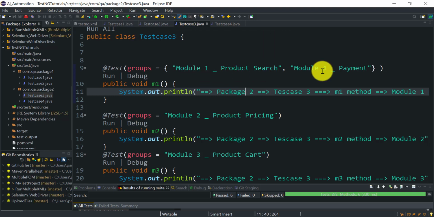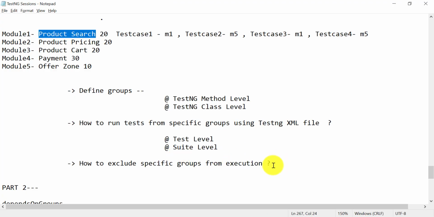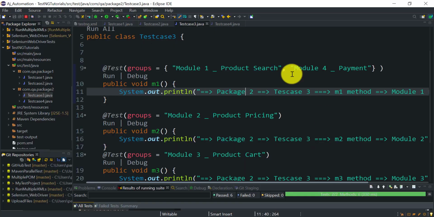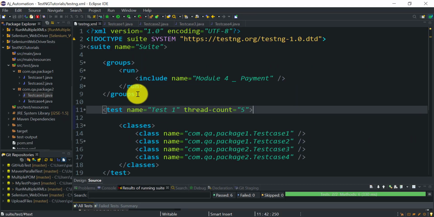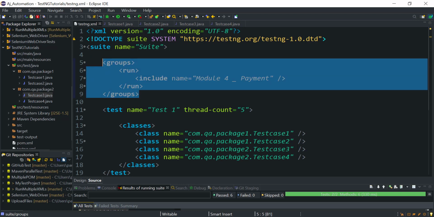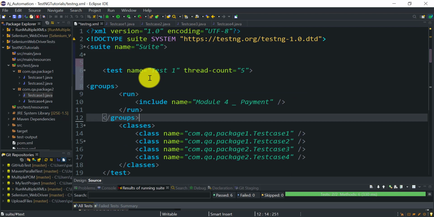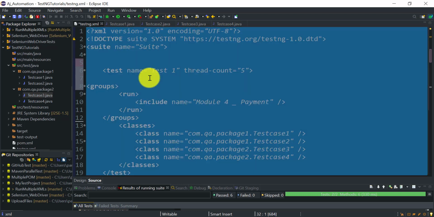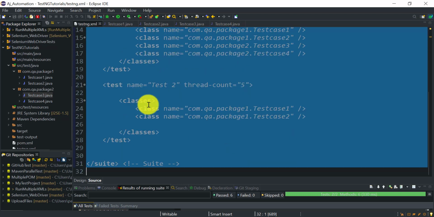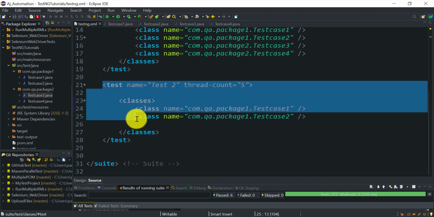and module 4. Okay, so now how we are going to exclude a specific group from the execution. That means if I want to run a specific group, how I can do that? Let's see at the TestNG test level only. Okay, so I will add it here, and we don't want to run this test case 2.